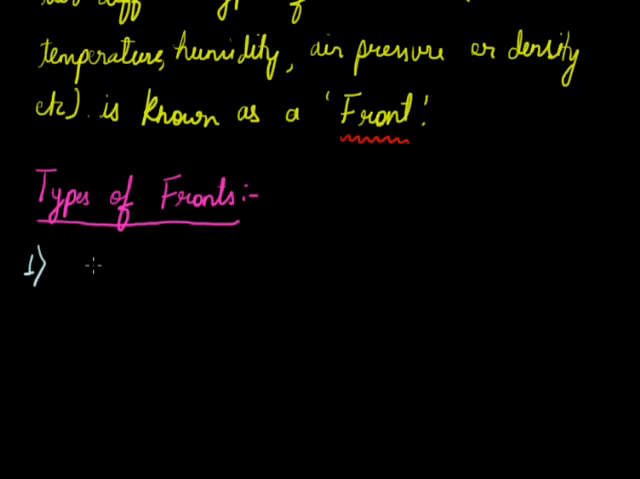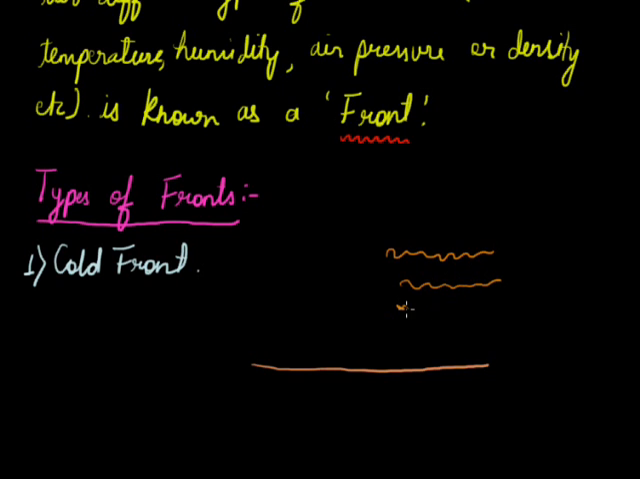Let us start with the first, the cold front. A cold front is usually defined as the front along which the cold air mass is invading the warm air zone. We can explain this easily with the help of a diagram. If we have a warm air mass and the cold air is